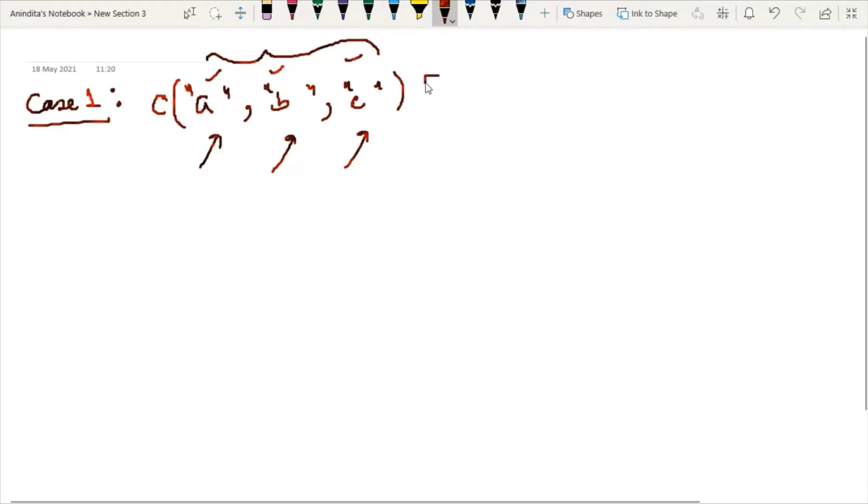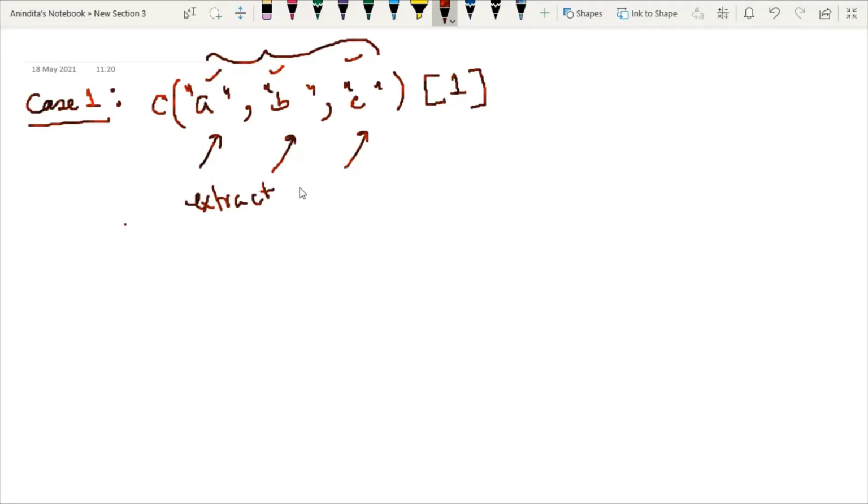And now if I write 1 here within square brackets, then what does it mean? It means it will extract the element from the vector by fetching the first element of the vector.